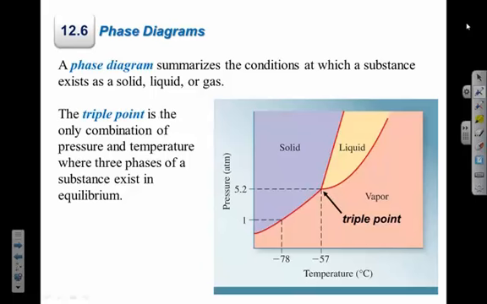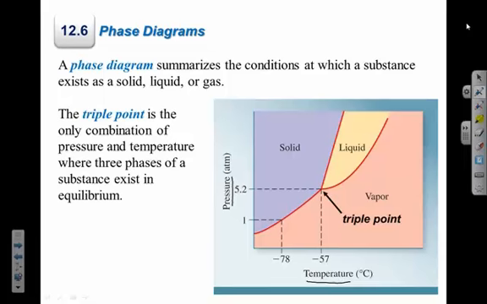Phase diagrams are a nice way of giving us the ability to predict what state of matter something will be in under certain conditions. So the way a phase diagram works is, because both pressure and temperature affect the state of matter, if we graph that, then we can find any point on the graph. If we're at a certain pressure and a certain temperature, we can find that point on the graph and determine